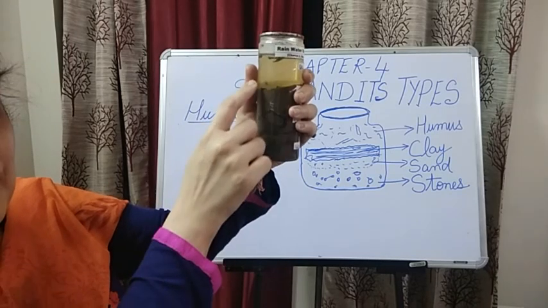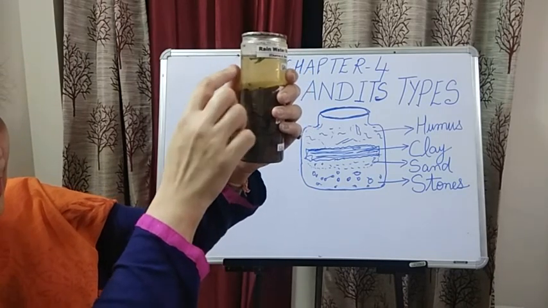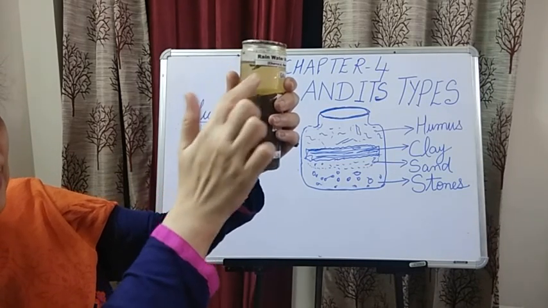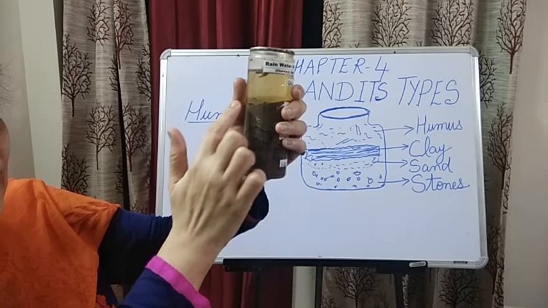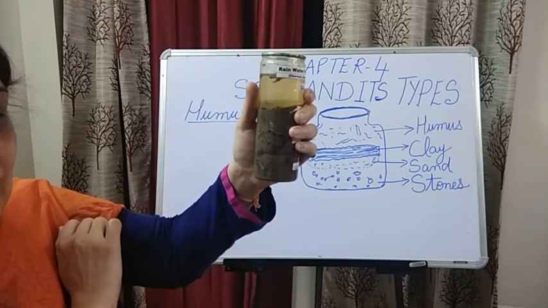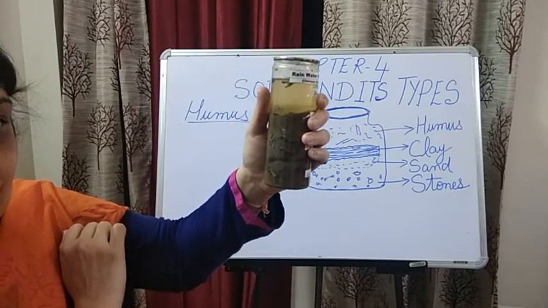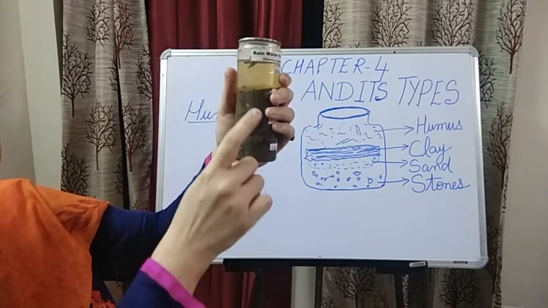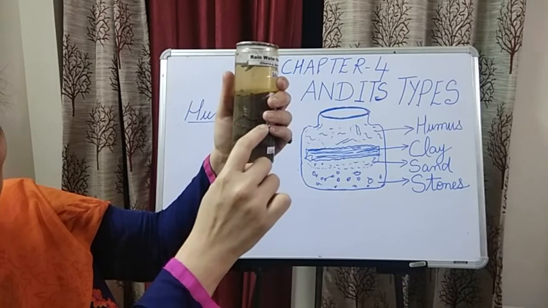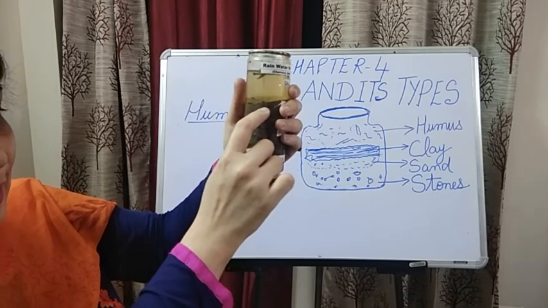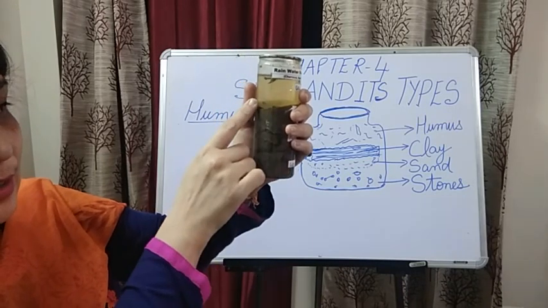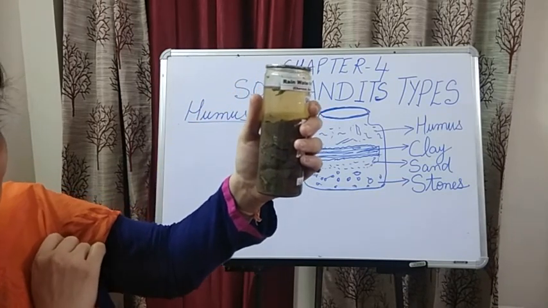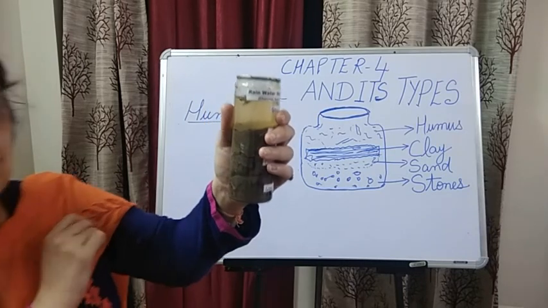And can you see this muddy water, children? Muddy water having small particles in it. So what is this? This is humus, which is very good for the plants to grow. So again I'll show you, these are the small stones, and after that there is a layer of sand, and then there is a layer of clay, and then this muddy water contains the particles. This is humus, which is good for the plants to grow.